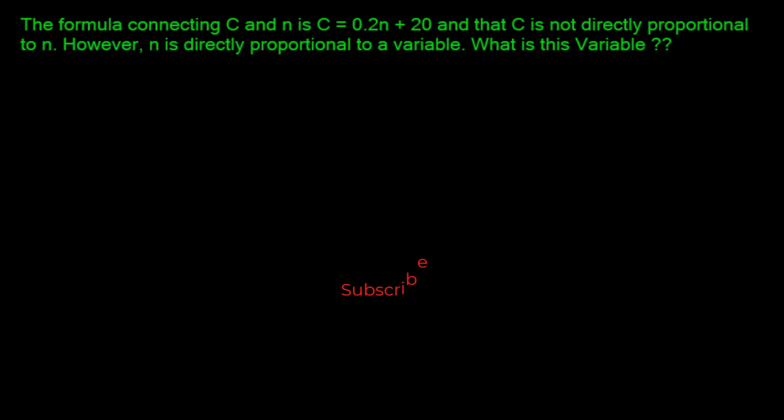In this question today, we know that the formula connecting C and N is C is equal to 0.2 times N plus 20, and that C is not directly proportional to N. However, N is directly proportional to a variable. What is this variable? Before diving into this question, I need you to recall something about direct